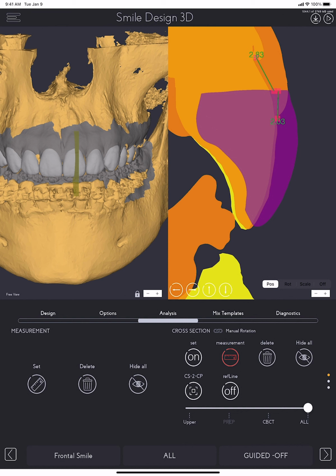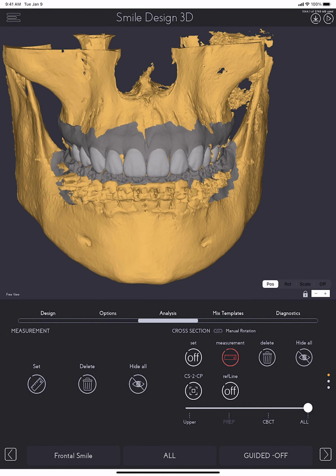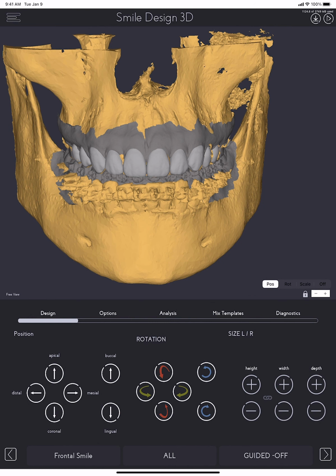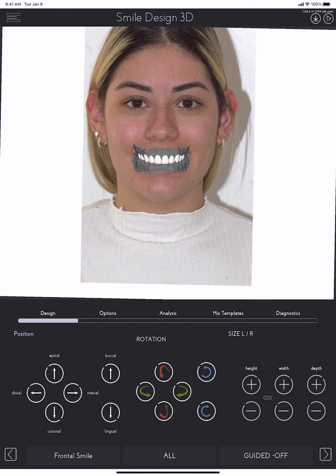Notice that the design itself is slightly buccal. The reason why is because you are going to use the 3D design, 3D print it, then create a silicone guide and use a bisacryl to be placed over the patient's gum for you to use it as a gum contouring guide for that procedure. Now that you have your measurements, you can turn cross-section off, tap on design. Here from a frontal view,